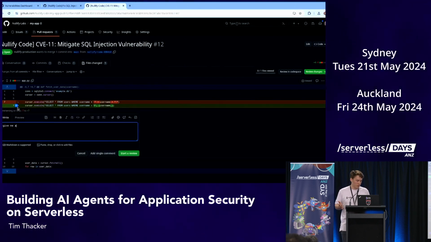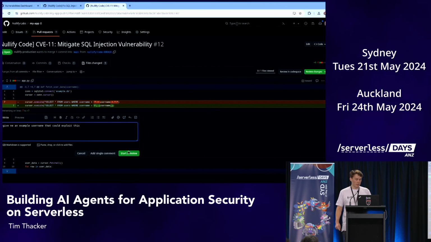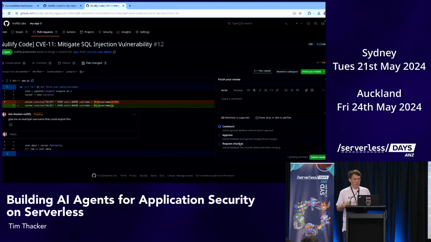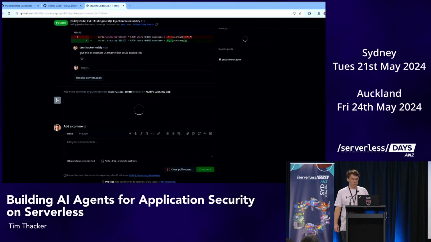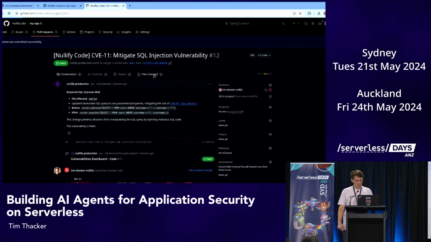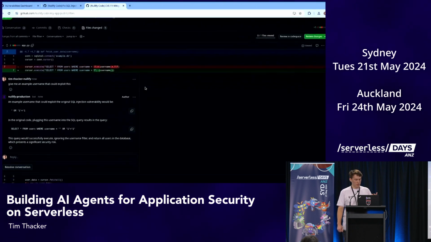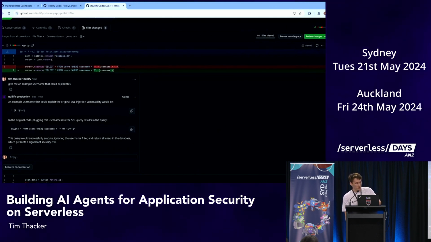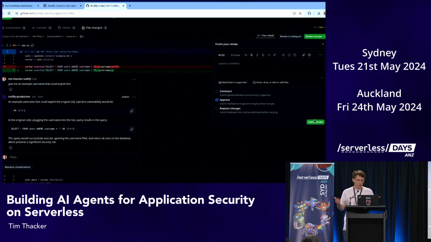It's done a correct fix. There's nothing I can really review, but I can ask it a question. We see it as a bug if it hasn't fixed it correctly, but if it did something you wanted to do differently, you could say, hey, use a different style. Maybe it used camel case over snake case, and you wanted to fix that. But we've asked it a question on how to exploit this vulnerability, and then it said, here's the input. If the username is that, or 1 equals 1, then it'll return all users instead of that 1. So you could